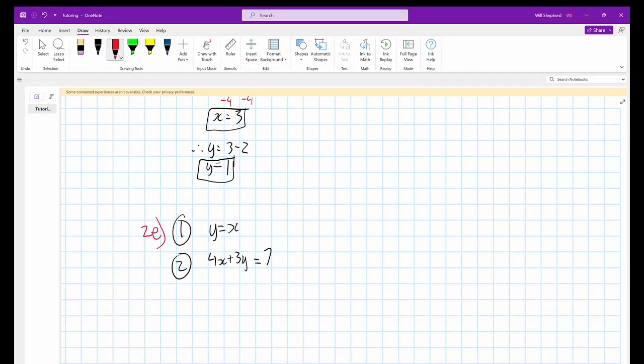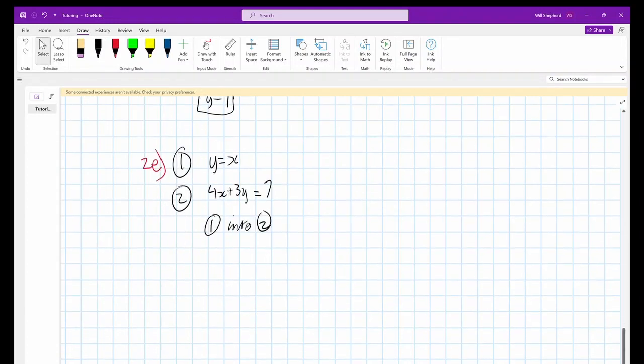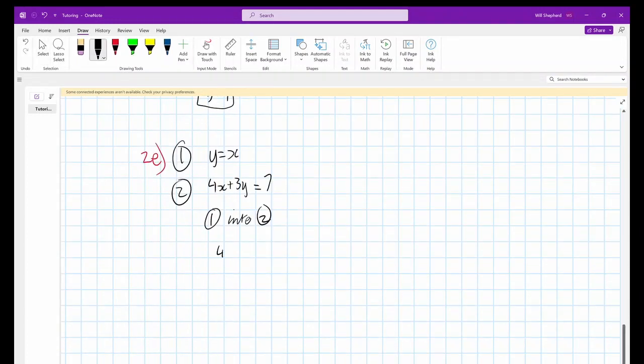If we just substitute y equals x into 4x plus 3y equals 7, so we go 1 into 2 there, that means we are going to get 4x plus 3x, because remember y equals x, equal to 7, and 4 plus 3 is going to be 7x equals 7. Divide both sides by 7,